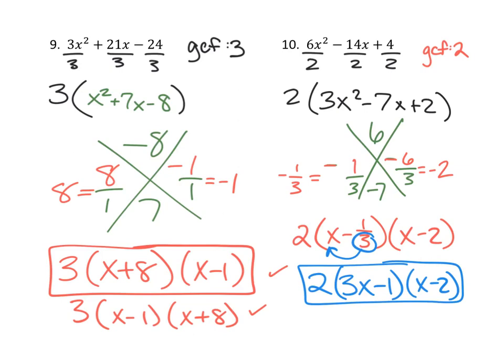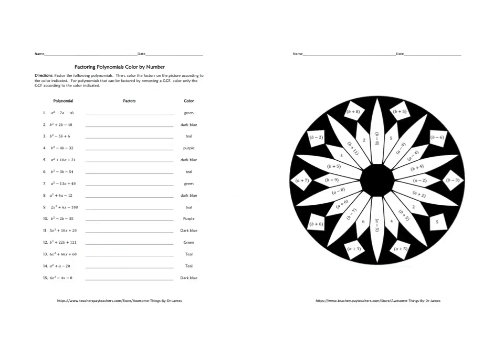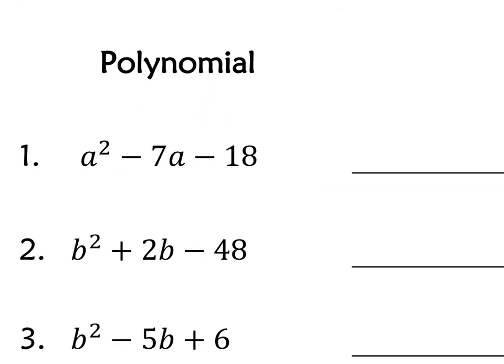So, question. If I gave you this worksheet, and I will in a second, I'm going to explain to you how we're going to do it. And you saw this first question. Before you did it, what's the question you ask yourself? Abby? GCF. We ask ourselves, do they have a GCF? For number 1, do these have a GCF? No. It's technically 1, so we don't care about 1. So, no, it doesn't have a GCF. Will I have to do the step we learned today of factoring out a GCF? No. So to factor this, I'd go back to what we did last time and just start setting up my